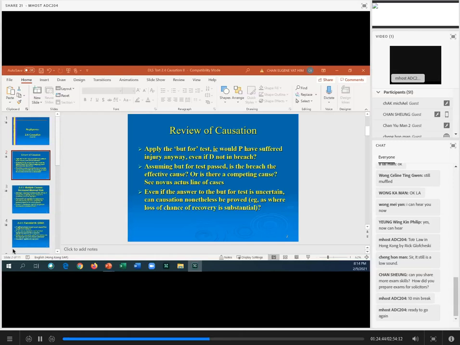Now, both of those later defences are total defences, which means what? It means that the plaintiff gets no damages at all. Now, obviously, the law doesn't like total defences because the main function of tort law is compensation. However, it is possible that the defendant can prove those total defences, in which case, bad luck, plaintiff, you will get nothing. Okay, but we will focus mainly on contributory negligence.